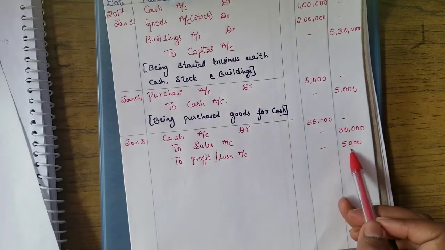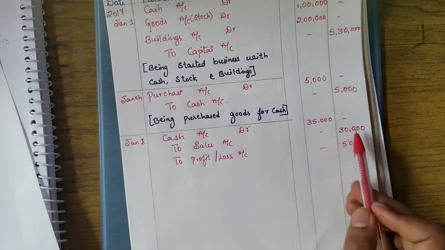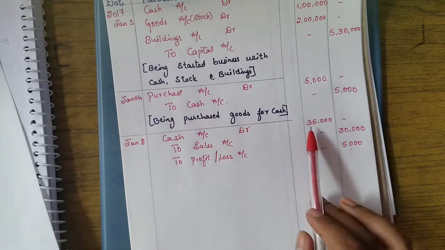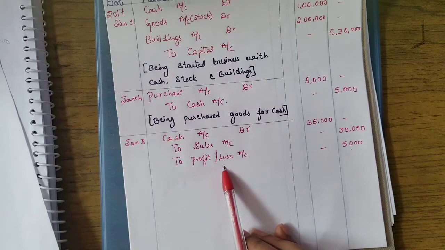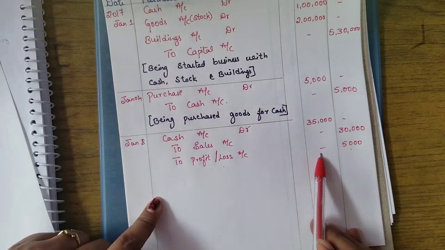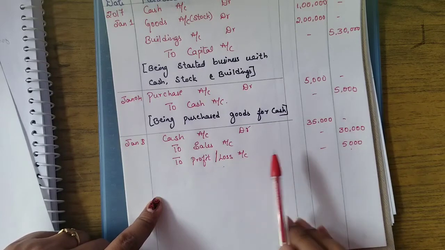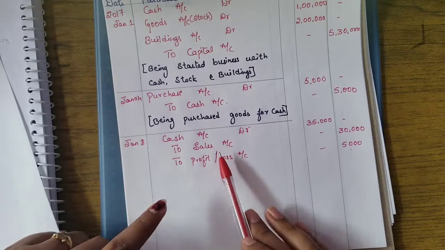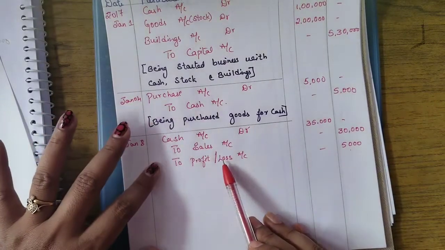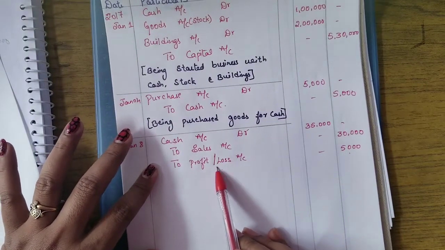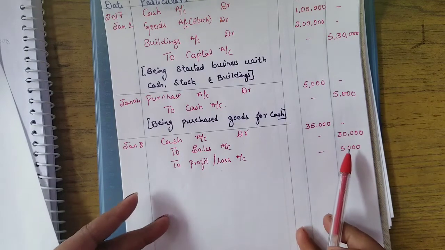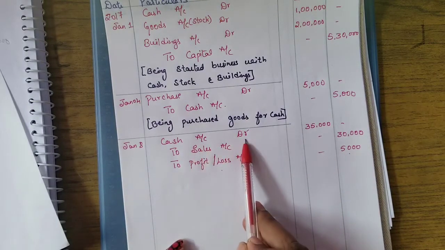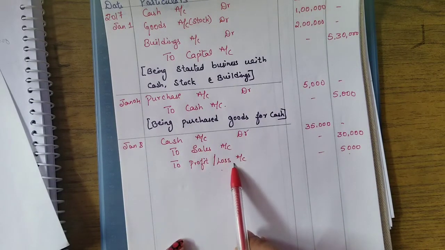So this credit side total is equal to debit side. It should be equal. Every transaction it should be equal. When you pass the entries here, if it is wrong, it will not tally. After passing, if it's not tallying, that means you have to cross check with these rules whether you have done it correctly or not. Instead of debiting, if you have credited, it will go wrong here. So one account is debited and two accounts are credited in this particular transaction.